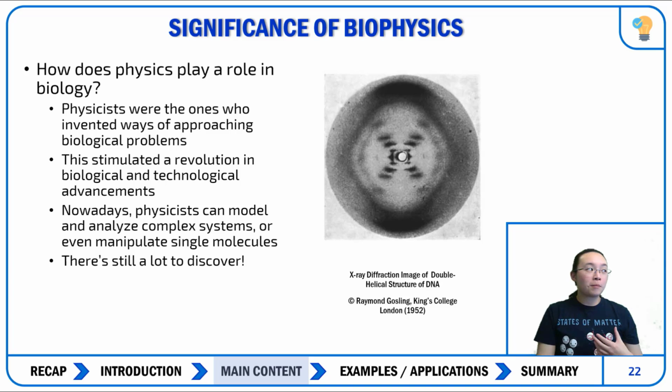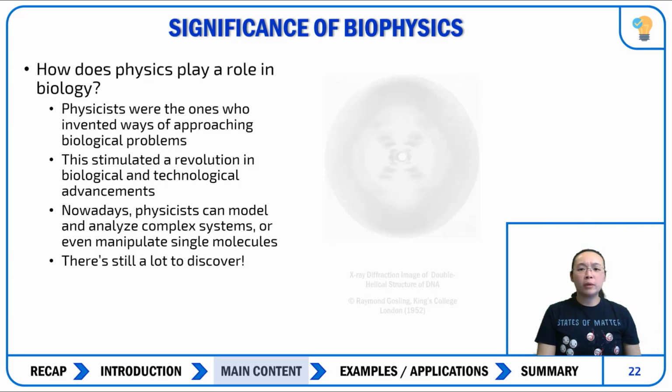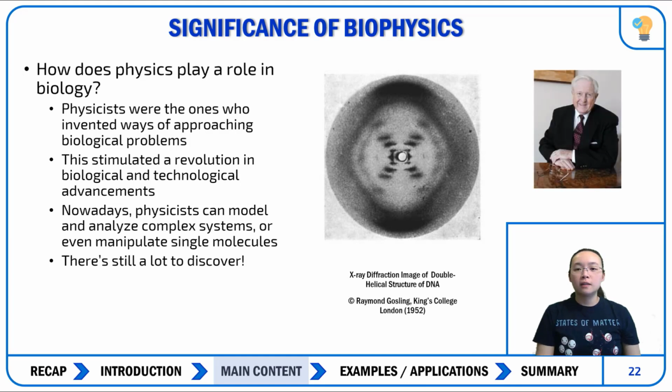Something really interesting about this is that it was taken by a PhD student named Raymond Gosling. So, wait, his picture has disappeared. There's his picture. Raymond Gosling passed away in, I believe, 2015, so just a few years ago. But he was the PhD student who took the first image of the DNA double helix. It's called Photo 51, for the 51st X-ray diffraction image, taken by himself and his PhD supervisor,